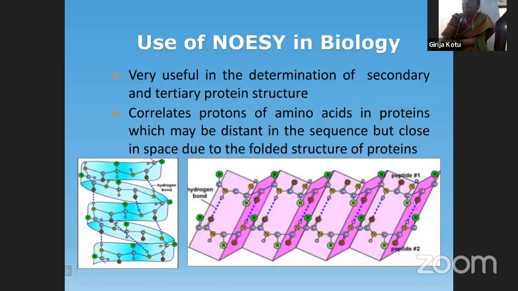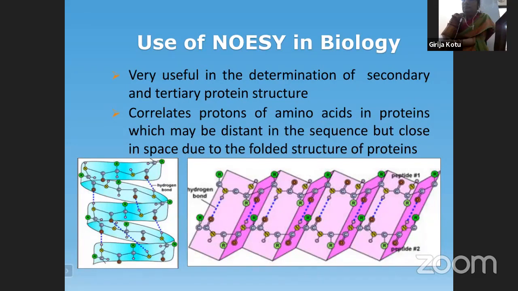Next, this is also very useful in studying protein structures in biology. You all know that the protein secondary structure is the alpha helical structure and then the beta pleated structure. You can know through this NOESY, not only X-ray crystallography, but even the NOESY technique tells us about the alpha helical structure. How? For example, the alpha helical structure of proteins is stabilized due to internal hydrogen bonding between the carbonyl oxygen of one amino acid and the NH proton of another amino acid, around the fourth amino acid.